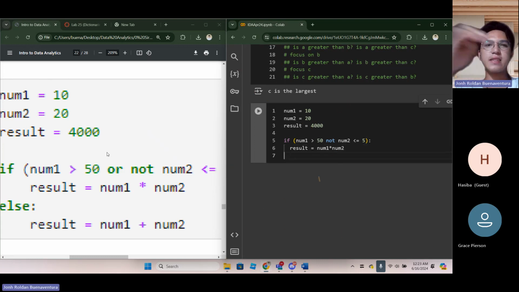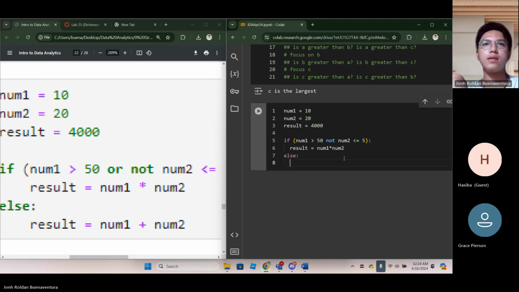And then the other one is else. In case this chunk of code did not execute because this part was not satisfied, instead of multiplying them, we will add them. So that's the code that we have.